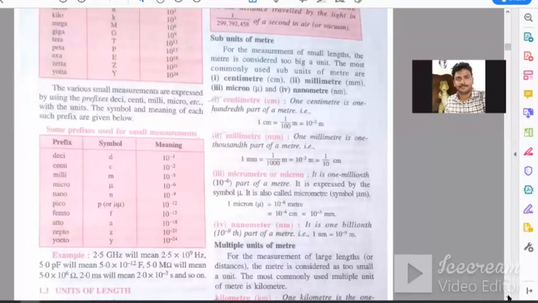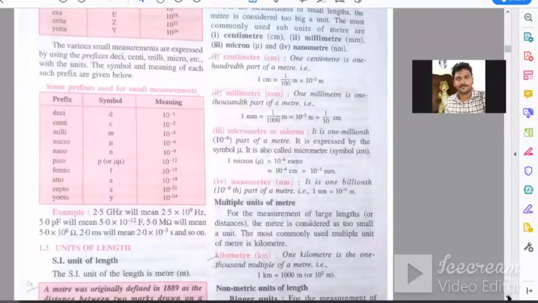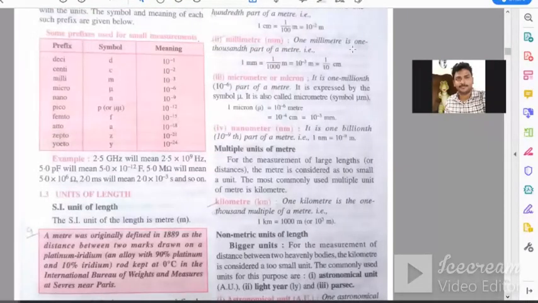Okay, now there are some bigger units of meter that we will also discuss. Okay, we are having a doubt here, and the doubt is what is platinum iridium? Okay, see, platinum and iridium, they both are metals, na? Yes, they are metals. So a substance which is made by a mixture of platinum and iridium is called a platinum iridium alloy. Okay, platinum and iridium, they are two different metals. Okay, hope your doubt is clear.